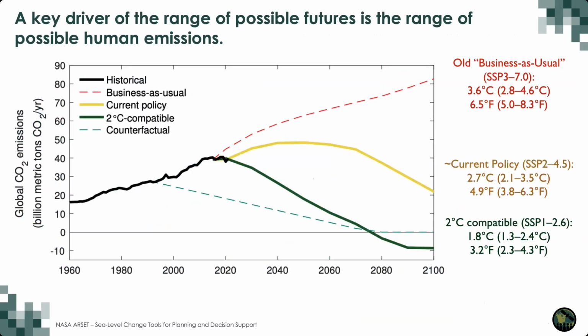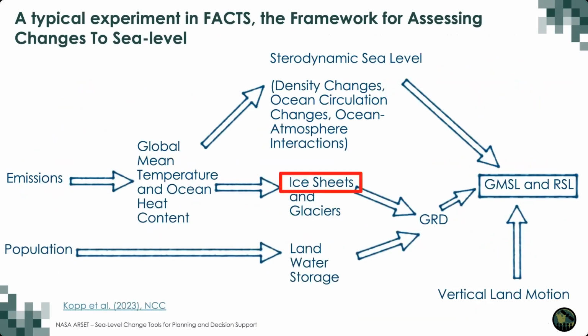And here's a third future. This is the future sort of closest to where global climate policy is taking us, which puts us on track for almost 3 degrees Celsius of warming by the end of the century. This is the future called SSP2 4.5 in the jargon of the climate modeling community. So we feed emissions trajectories like those into FACTS, and then that gets fed through to this variety of models